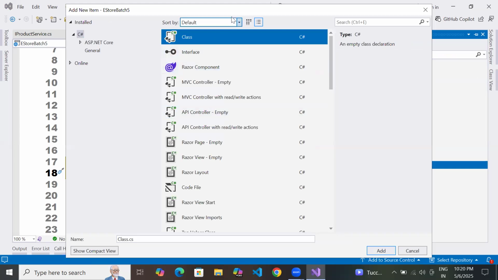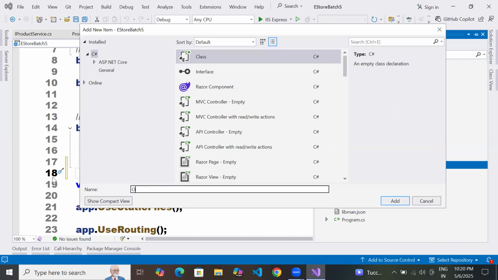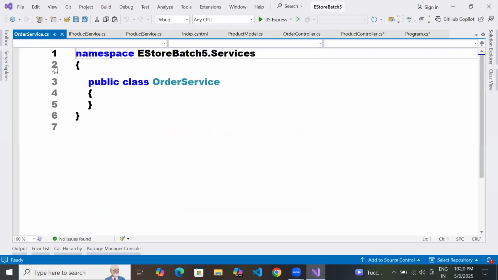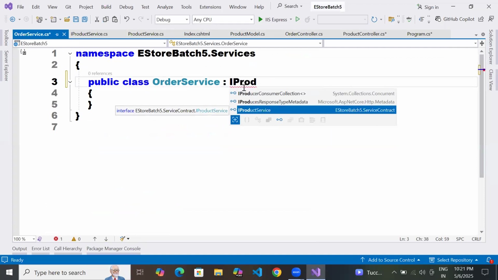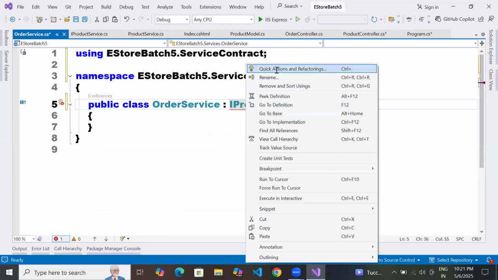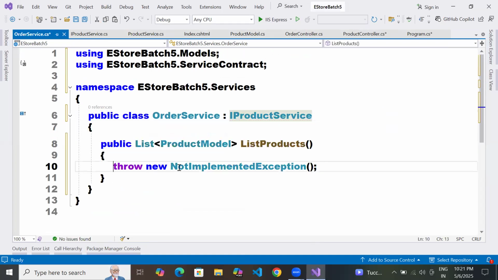I create a class and call it OrderService. OrderService is created. Then I take the product service interface, right-click, quick actions, implement interface, and you say return null. Something like this.